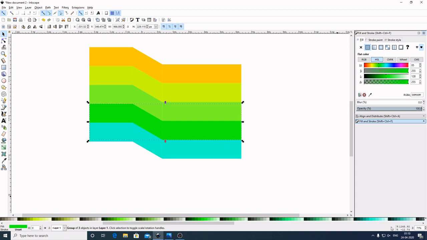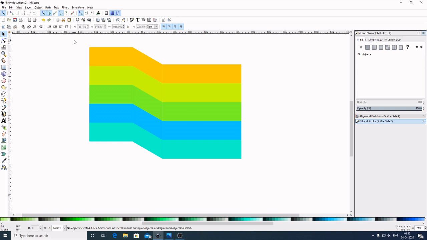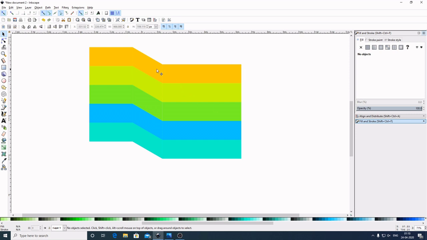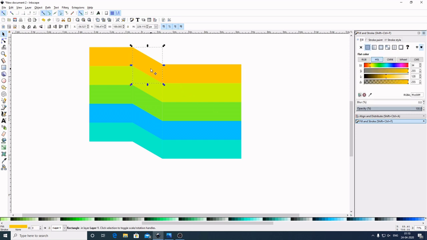Now I will select this one. Let's say to this one give this color. Now select out of the graphic to deselect. Now again I will grab over this whole graphic. Now ungroup this by selecting this ungroup selected objects. Now select out of the graphic to deselect. Now come here and select this one, this middle graphic. Now by holding Shift on the keyboard, select all of these.